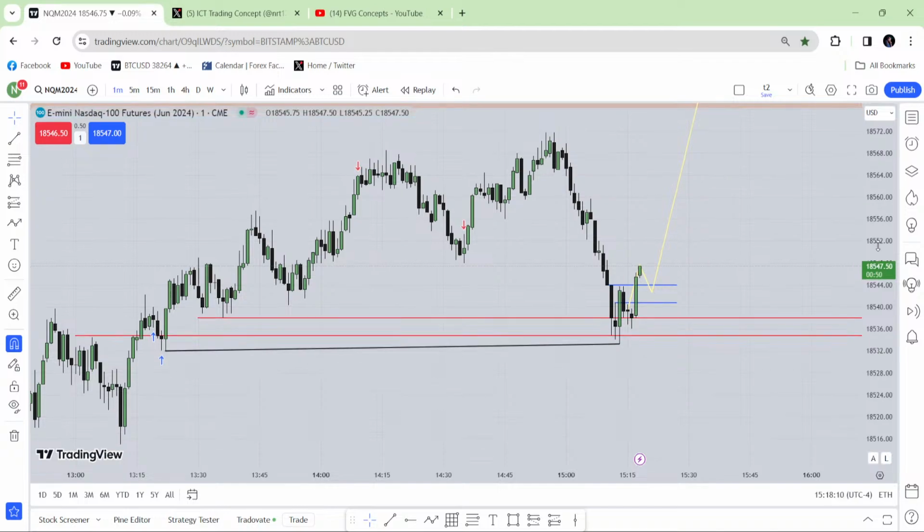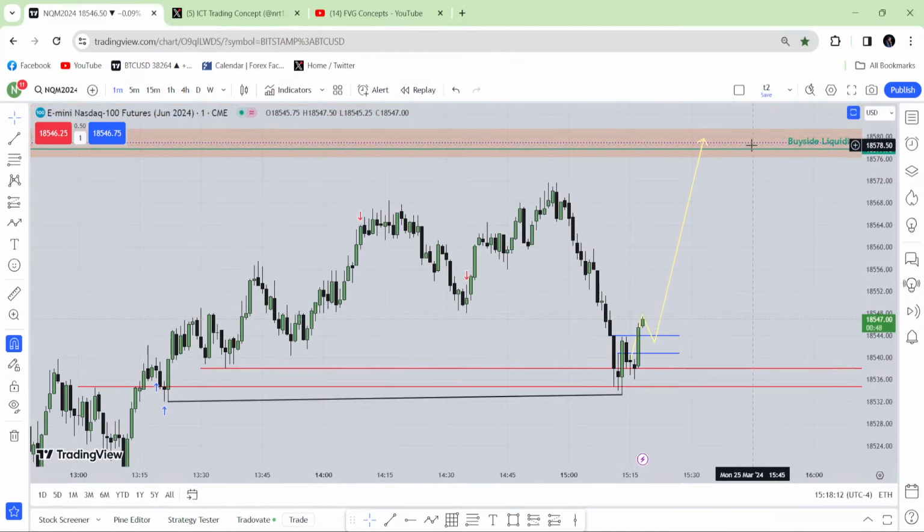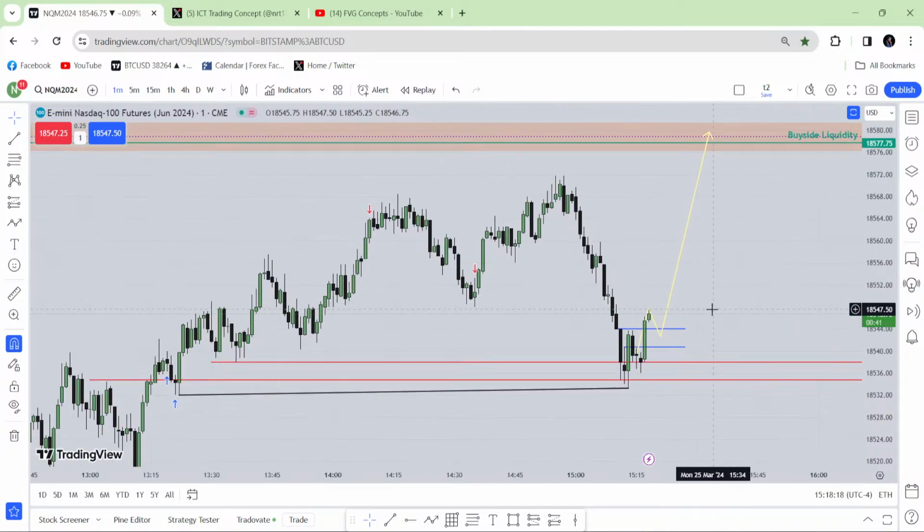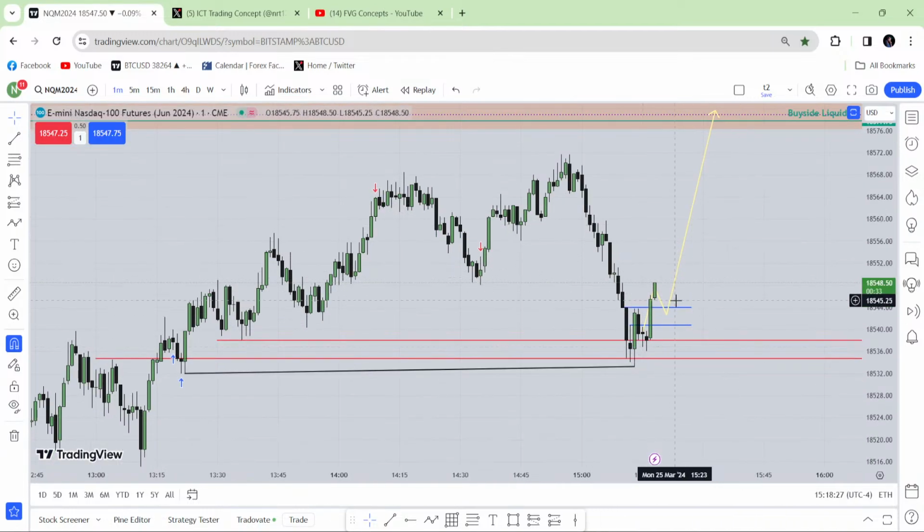If the market comes here and takes that buy side liquidity, what are you going to do? I'm going to miss that entry. Why should you miss that entry? Because I don't have the FOMO. If I miss that entry, I will say today is just a bad day. Tomorrow I will get a better opportunity to take an entry. That's why I can't just break my rules.